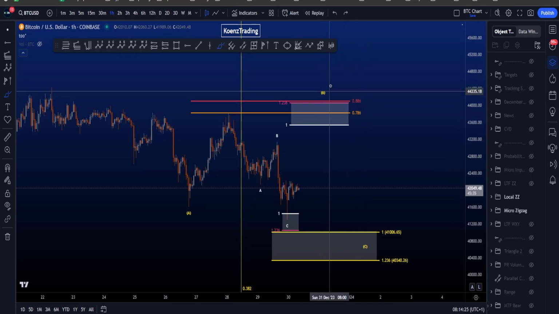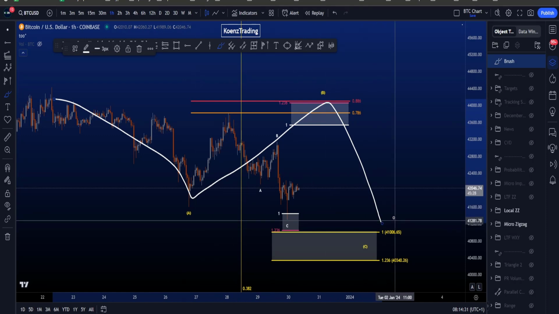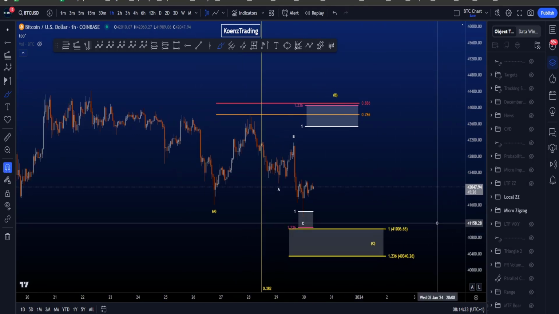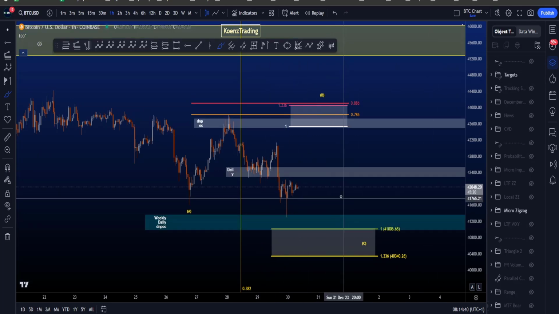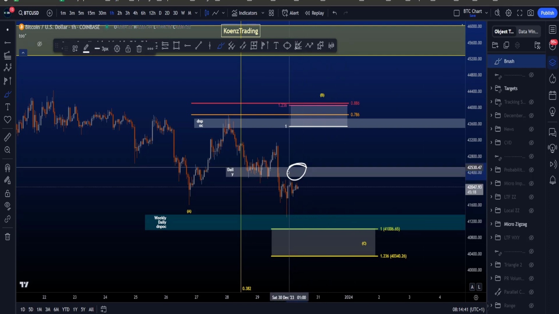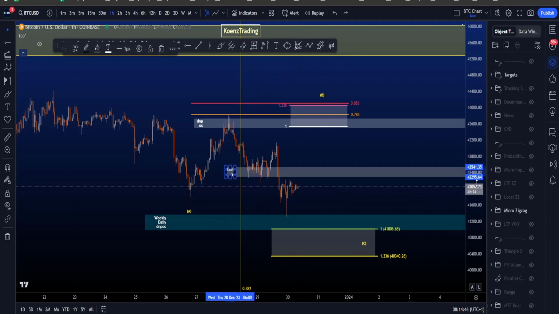Because the 886 is still a common target for B, but a rare target for a wave 2 if we're thinking about a bigger 1, 2, and then a 3 towards the downside. But as you can see in all of the scenarios, we are still looking for this low to be taken eventually. If price can move above this white box over here, which acted as support before between 42.3k and 42.5k,